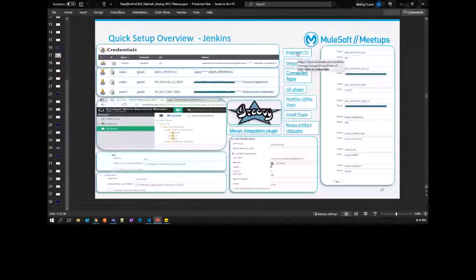So we are using a number of plugins for our CI/CD pipeline to make the process easier and with lesser code. You can see the plugins that we're using here, like Groovy, and we have the Git plugin, pipeline utility step, email plugin. This plugin will be used to send success or failure email alerts to the configured user. Then we have the Nexus artifact uploader plugin. This plugin will upload our jars to the Nexus repository that we have configured.